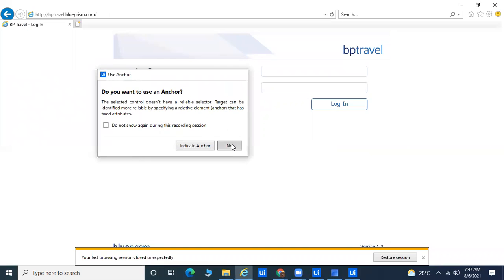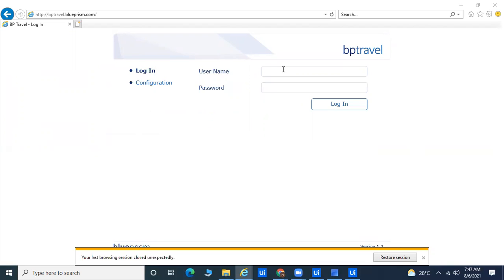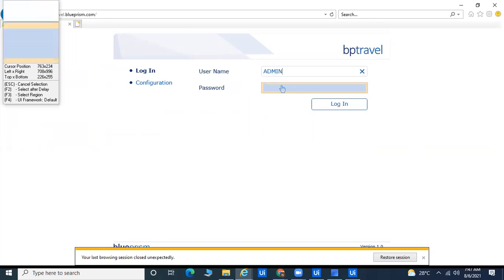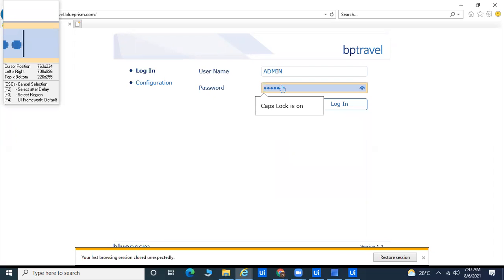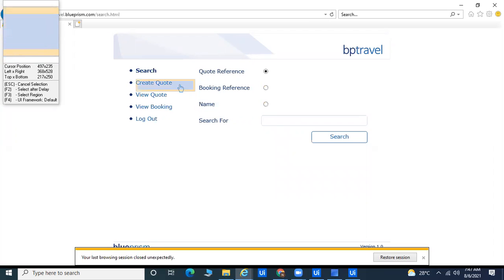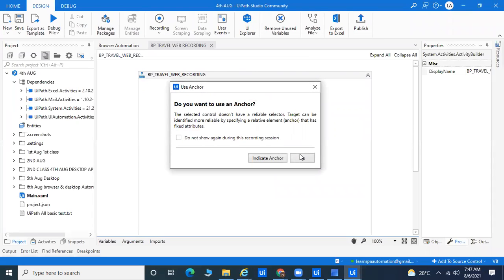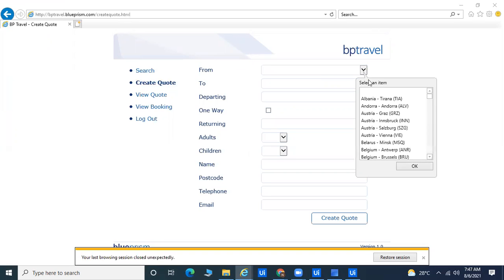You can pass admin as the ID, and admin for the password. Then click on login. If your ID and password are correct, you can log in, click on create code, and pass the data you want to automate. Like that, you can have a drop down, and it will work.